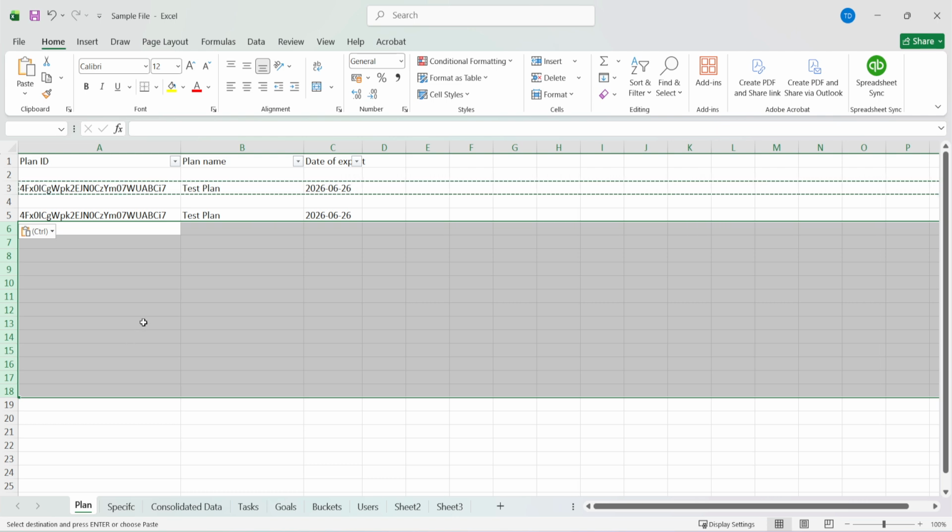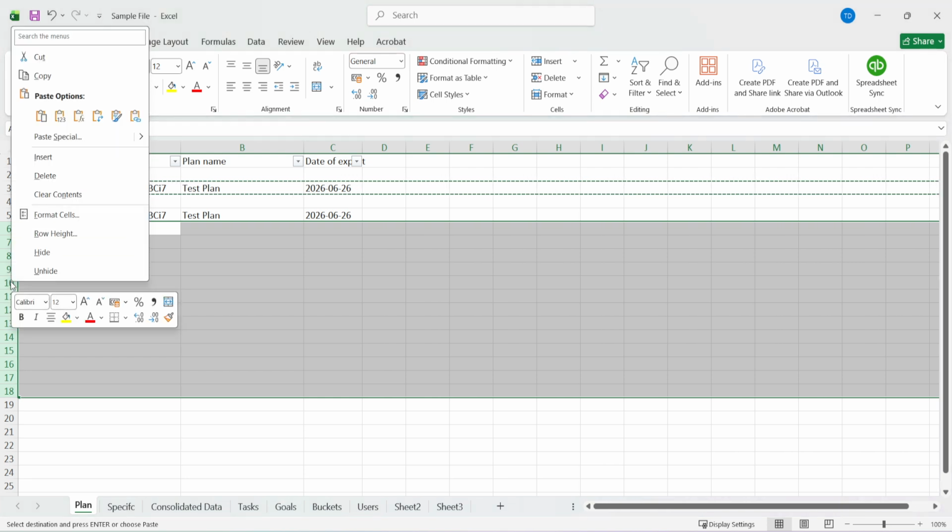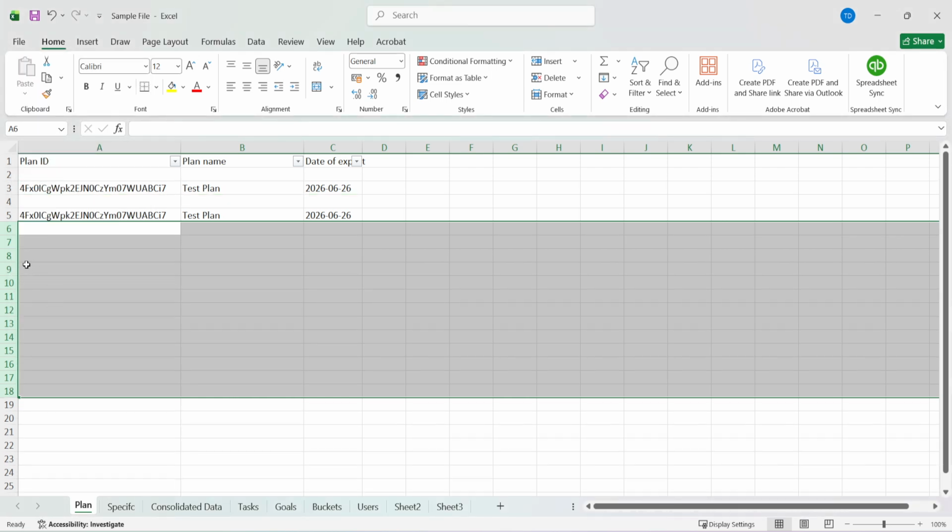Next, right-click on any of the highlighted row numbers on the left side. A context menu will pop up at your cursor with several options. From that menu, click Delete. The rows disappear immediately. Your worksheet will now end at your last row of actual data, with no more blank